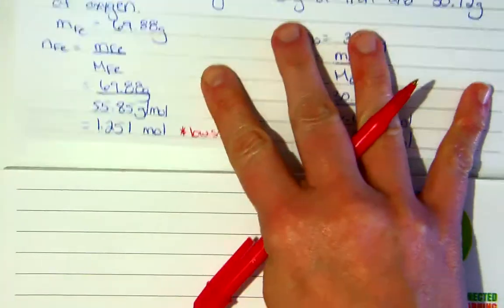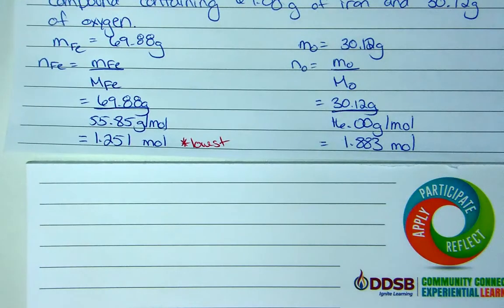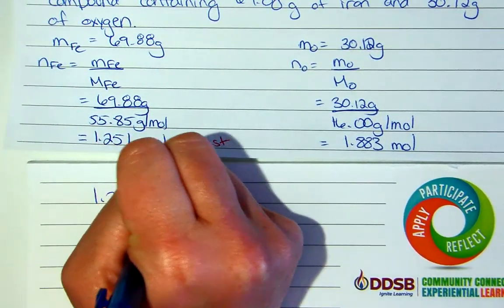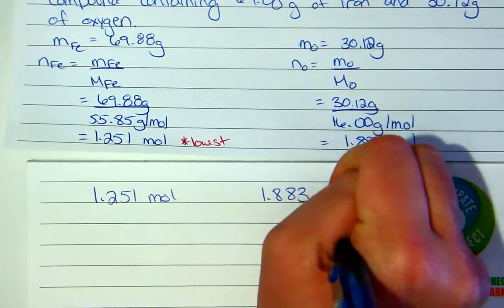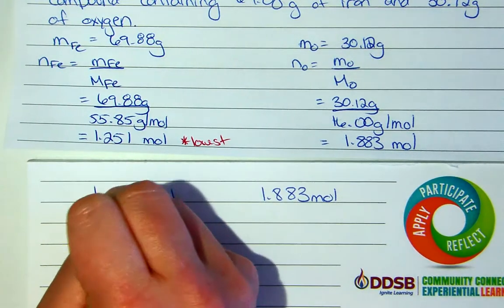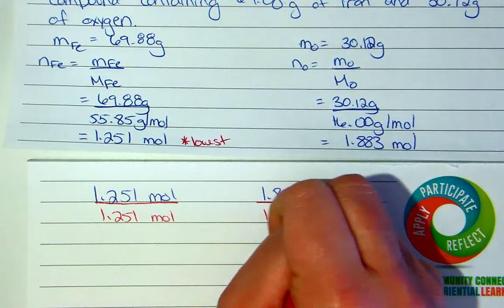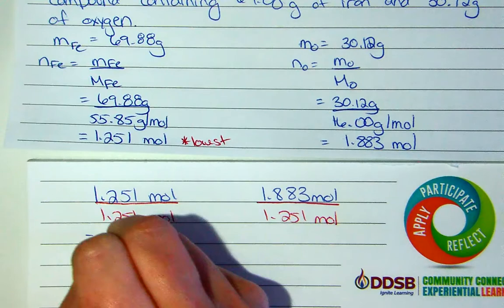You start a new page. So I'm going to divide. Start this again, 1.883 moles. I'm going to divide both of them by the lowest value, which is 1.251 moles. That gives me